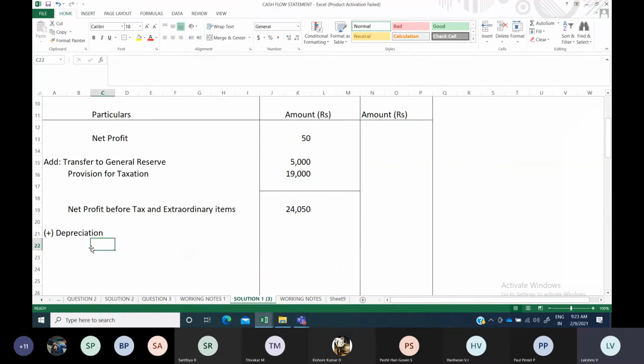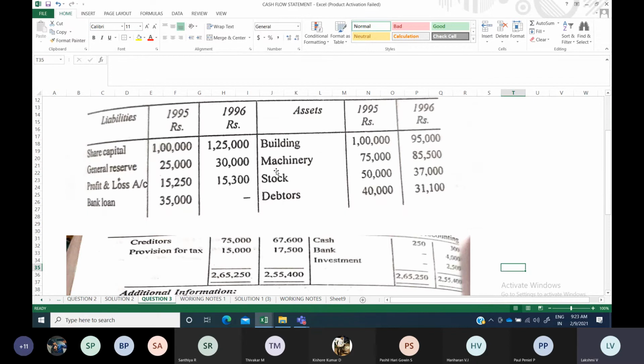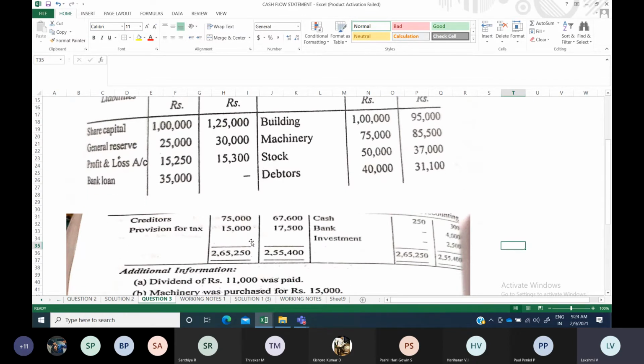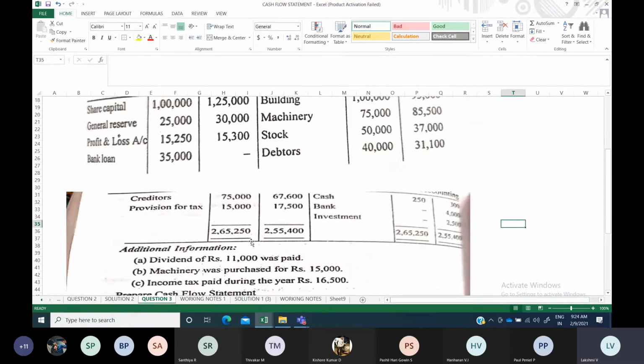Okay, so on building that amount is 5,000. Either you can show it here and then take the total amount, or else you can show it here accordingly. 5,000 and then 4,500 on machinery. Now see whether any other items have been skipped out. Goodwill written off is not there, so nothing has to be taken over here.